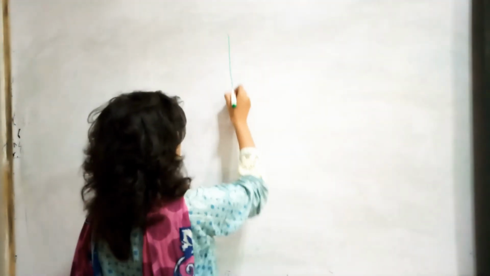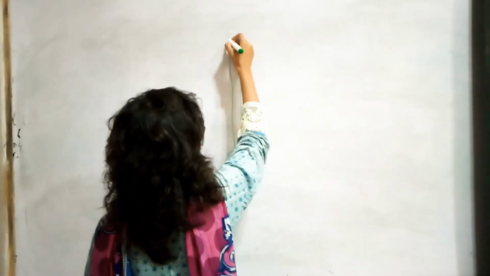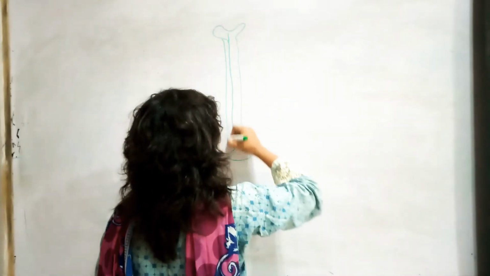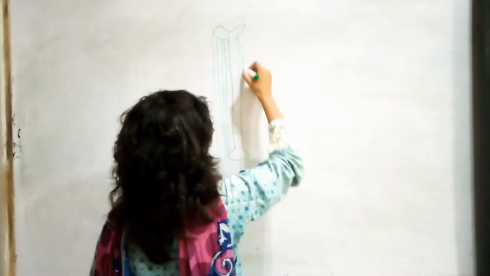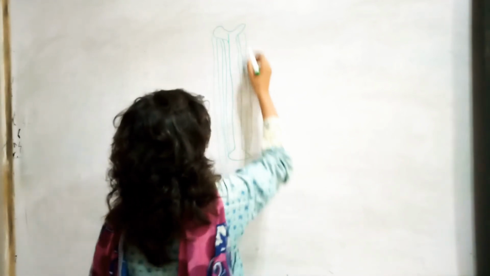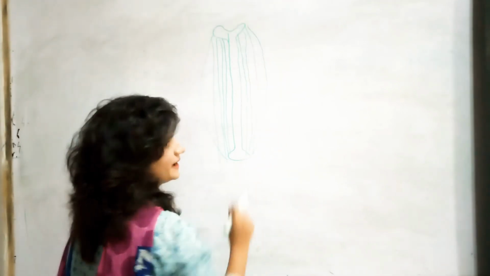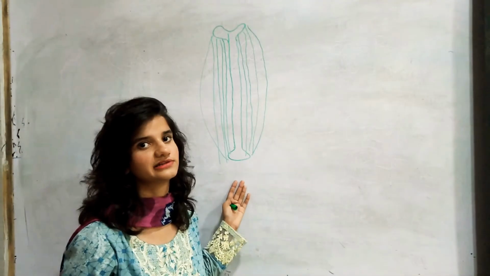Now I will draw both parallel muscle fibers and pinnate muscle fibers so you can identify the basic difference between them. For example, this is the bone, and the muscle fibers which are attached parallel to the bone, or are present in a longitudinal architecture, would be known as parallel muscles. As they are present in the longitudinal manner, they would be known as parallel fibers.